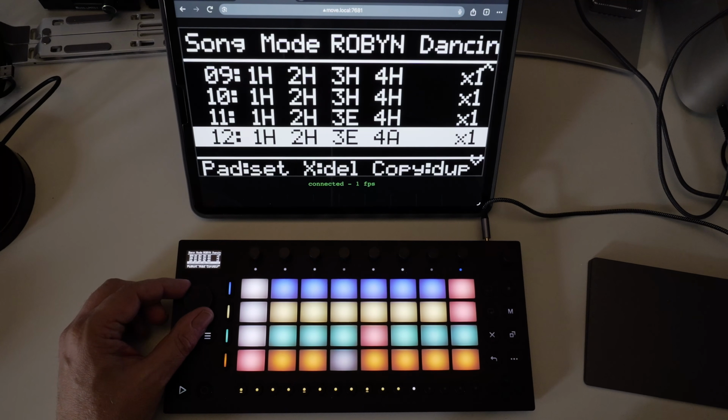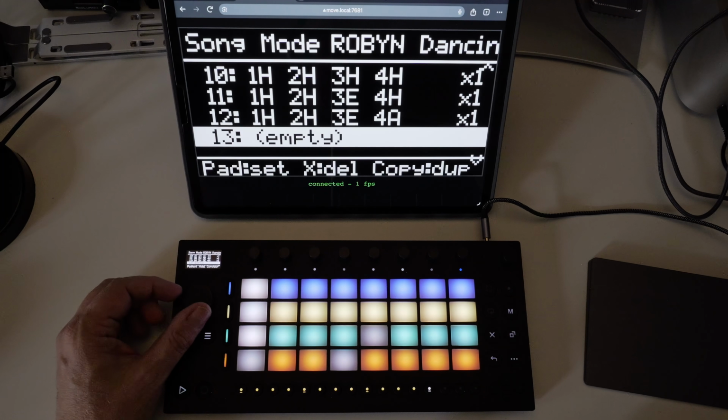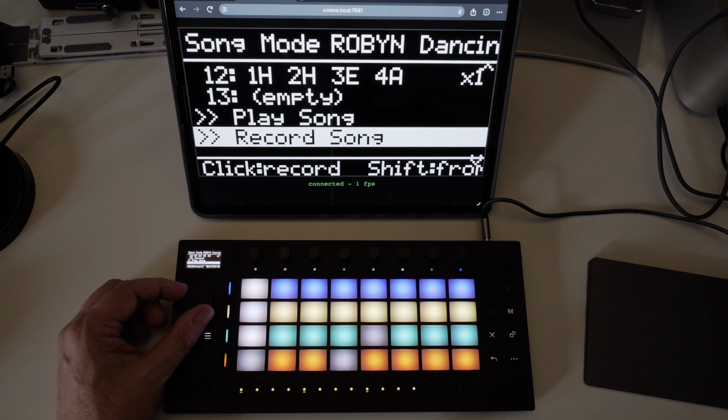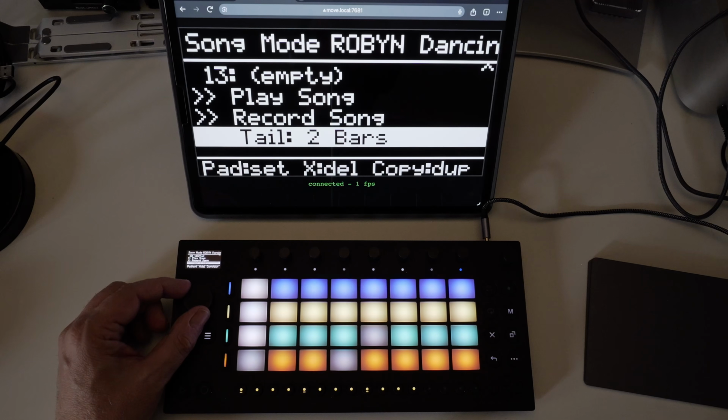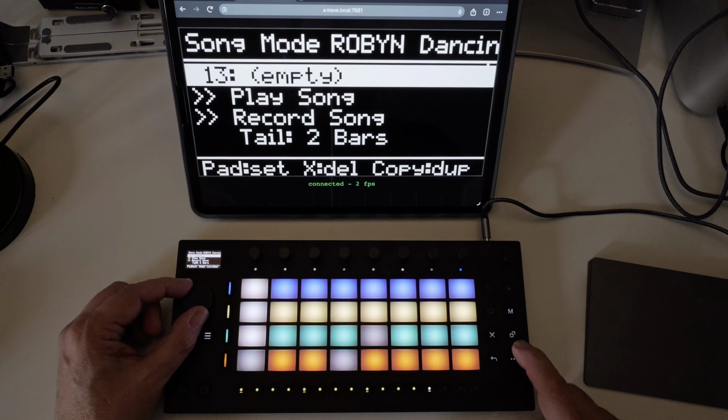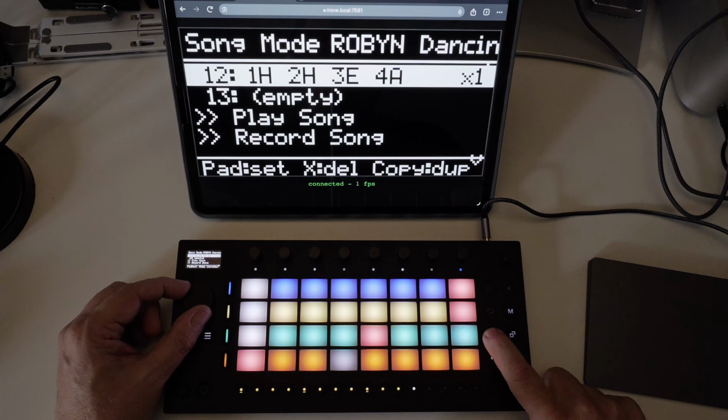Okay, right. So then it moves on to the next step, and if you then go, you're given an extra two options to either play the song, or to record it, so actually turn it into a WAV file that you can then say put into a DAW and edit yourself, or actually process further. You actually get to choose a number of empty bars, so that if there's an echo or reverb tail at the end of it, it actually will add that onto there. And what I didn't show you actually as I went through, in fact, let's go. We'll take slot 12 away.